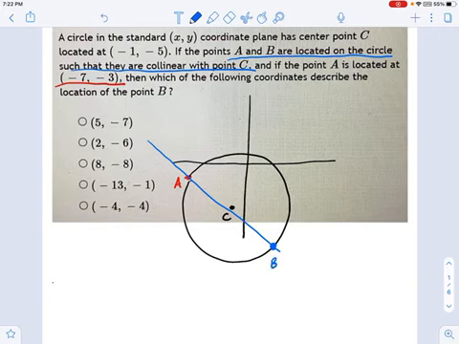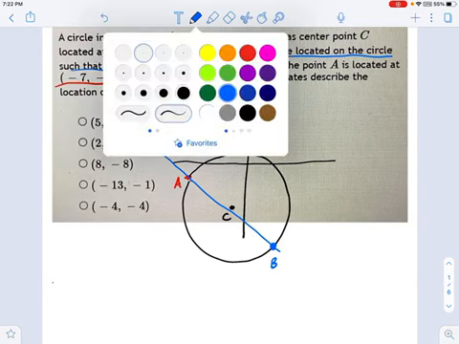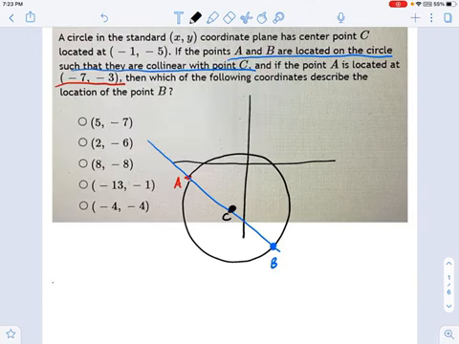We can figure out the location of it exactly in coordinates this way. See that line? It's a chord of a circle, and it passes through the center. It's supposed to anyway. I should have drawn it. I'll just make the center bigger. There we go. So it passes through the center. That means this is a diameter. And if it's a diameter, that means this distance right here, AC, is the same exact distance as BC.